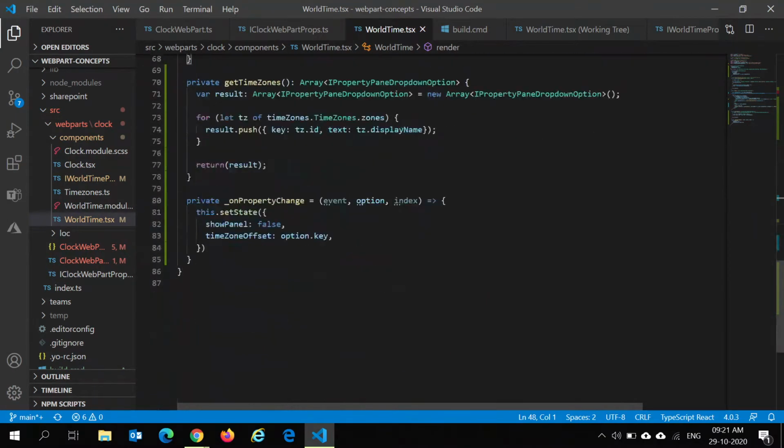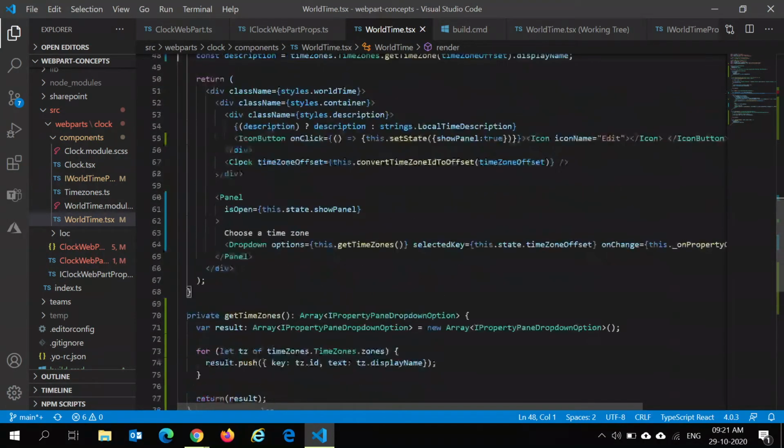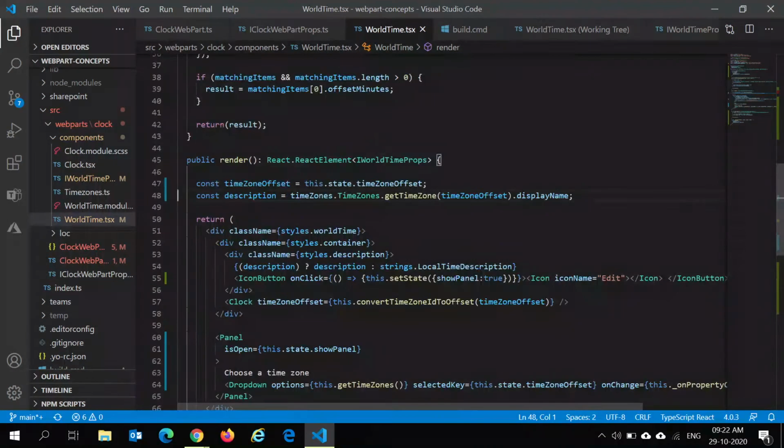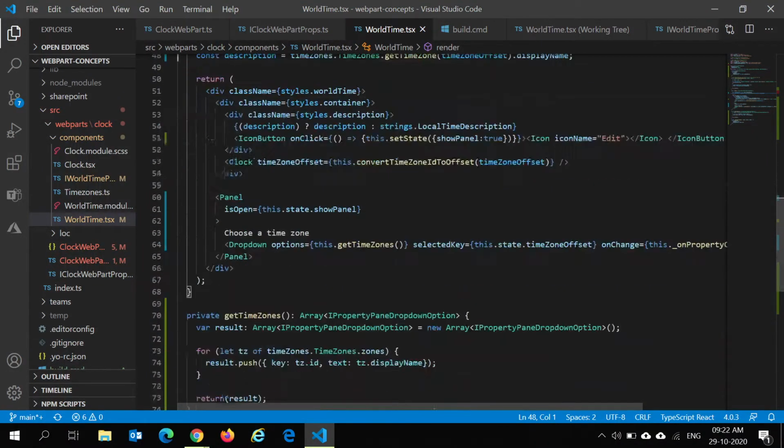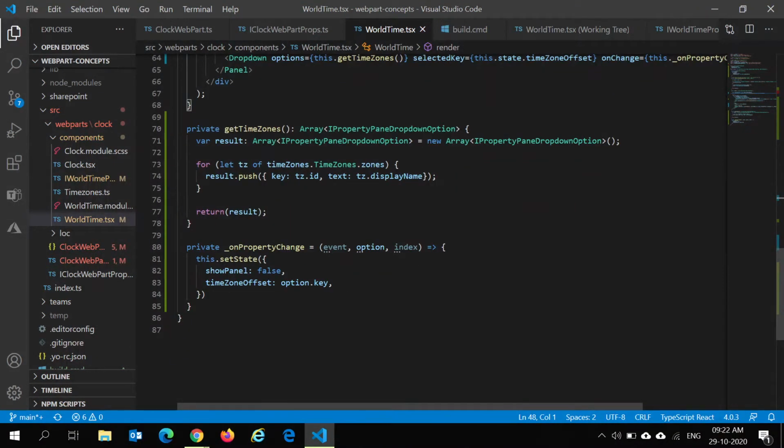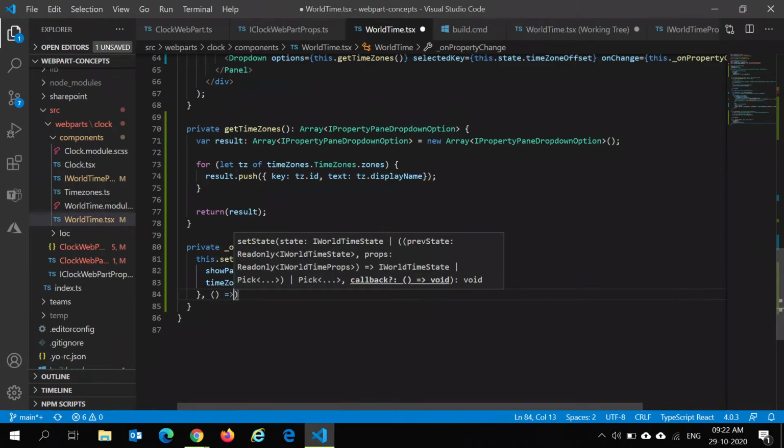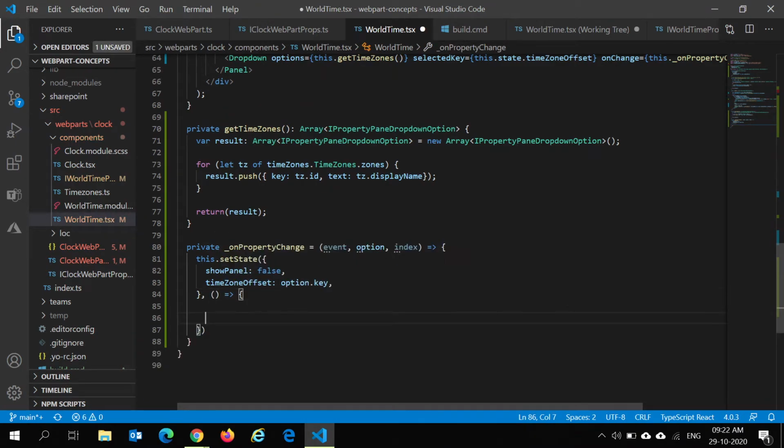Now, are we saving this value somewhere? No, we are just setting it into the state. So when we refresh the page, this value is lost. So how do we persist this value? What we can do here is once the state is set, we can have another handler here, and here we can write code to persist the user selected value somewhere. There are multiple options. Depending on our scenario, we can either persist the value within the local storage.